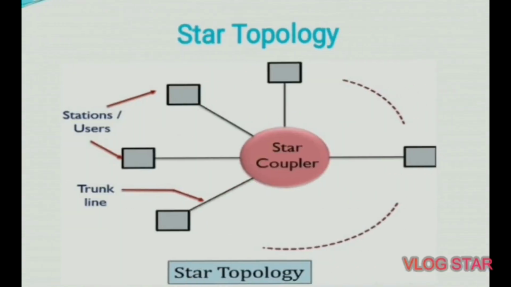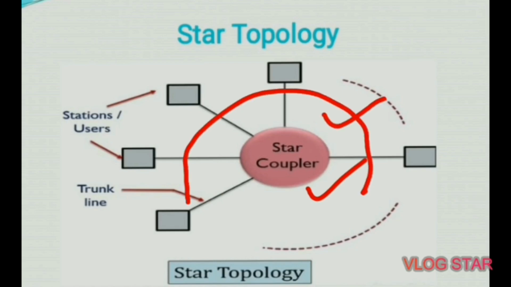Third is star topology. In star connection, the various nodes of the network are connected together with a single central hub. This central hub can be an active or passive network. This central hub then controls and directs the transmitted optical signal inside the optical network. So in this star topology, one central hub is present and all these devices are connected to this central hub.